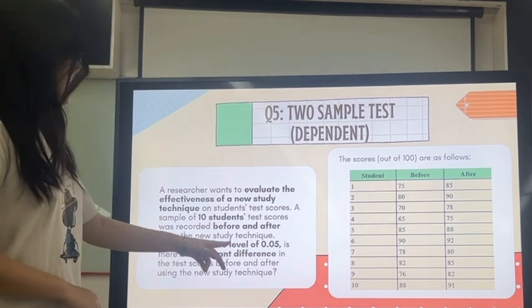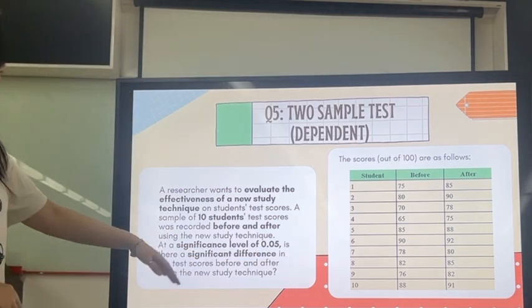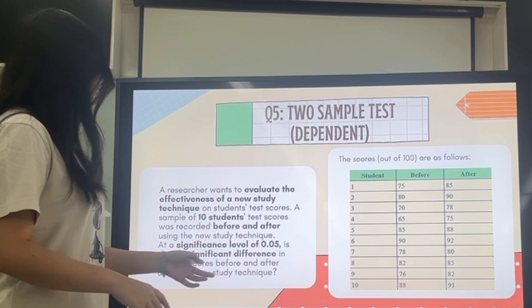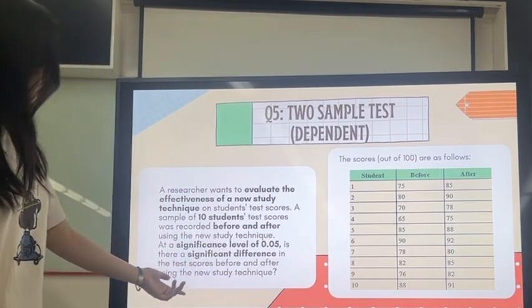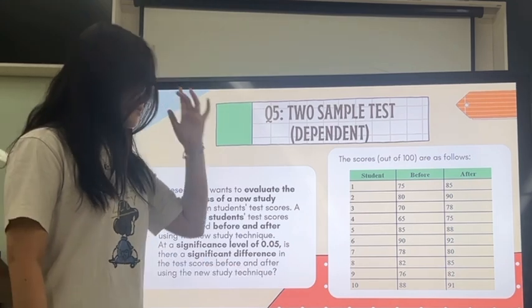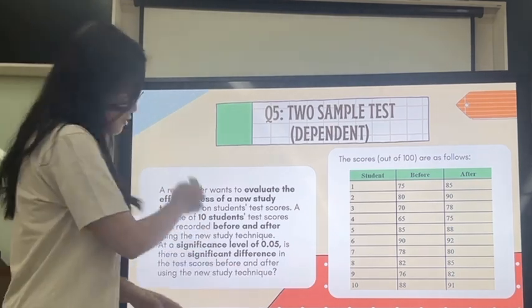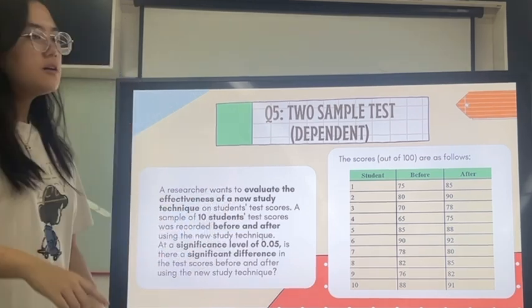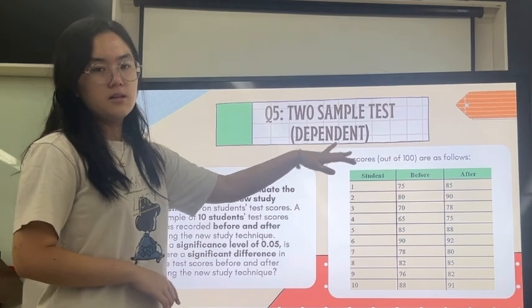At a significance level of 0.05, is there a significant difference in the test scores before and after using the new study technique? So, because of the keywords before and after, we conclude that this is a dependent